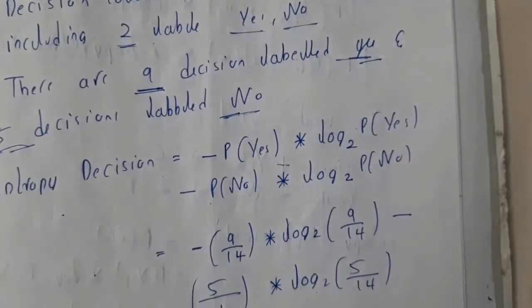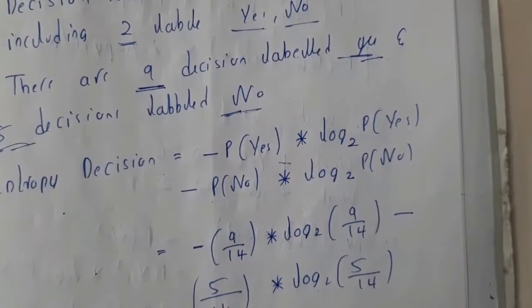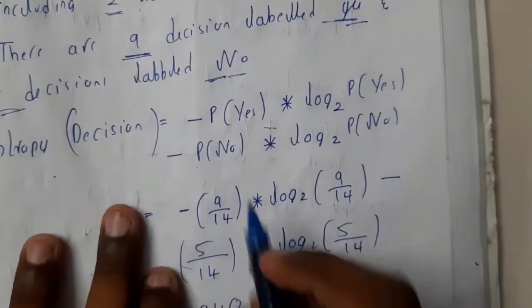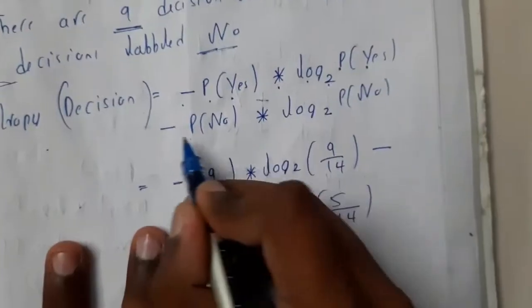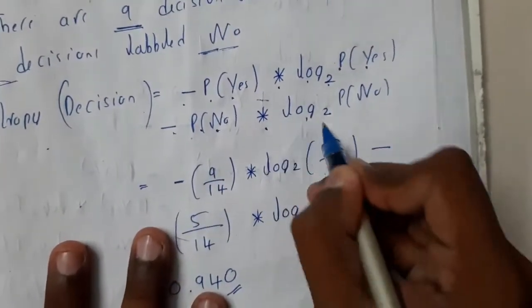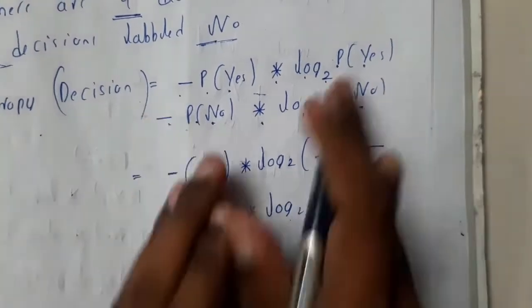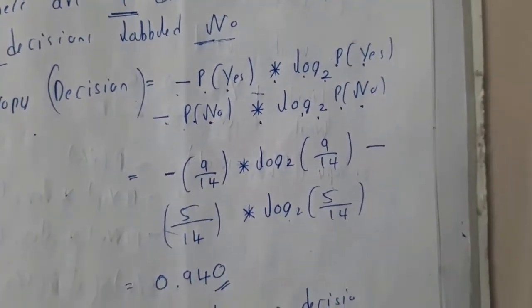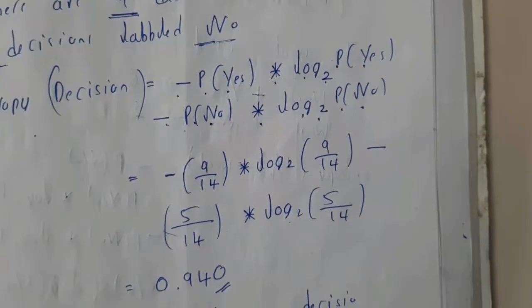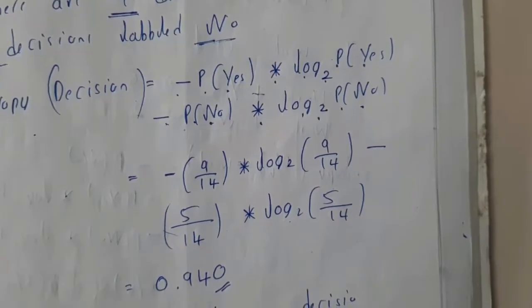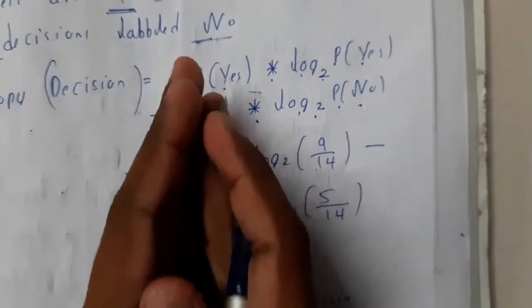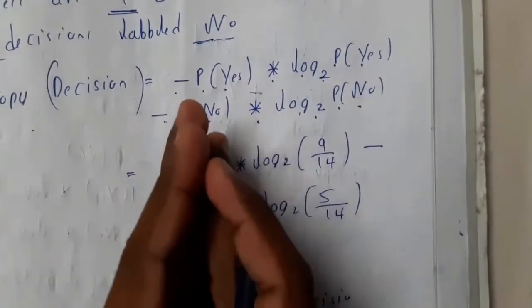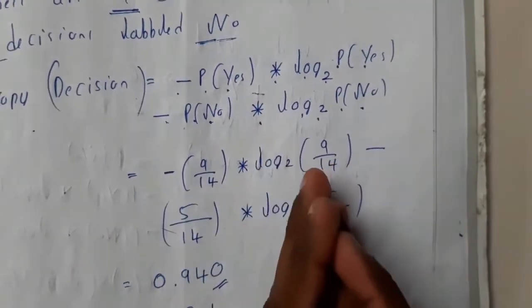So the formula of entropy, we discussed about entropy, right? The formula of entropy is nothing but minus probability of yes into log 2 probability of yes minus probability of no into log 2 probability of no. Please remember the formula perfectly, guys, because if you write the formula wrong, the whole problem will be wrong, guys. That's the main issue. That is the reason why I'm saying please practice the formula perfectly. Minus probability of yes into log base 2 probability of yes minus probability of no into log 2 probability of no. In that way.